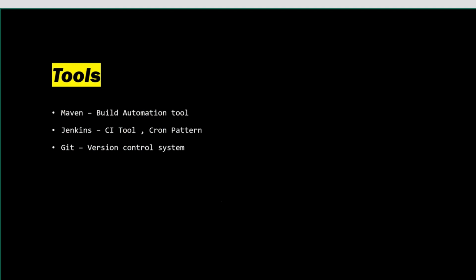What is Git? Why do we use Git? Git is a version control system. Version control system means if different people are working in a particular team, how will they share the code? Is it a practical scenario that ma'am has written some code, and she copies and pastes it and gives it to you via mail? It's not a practical scenario.